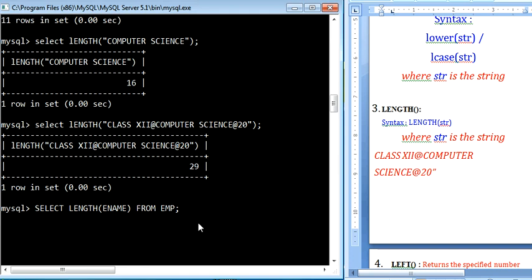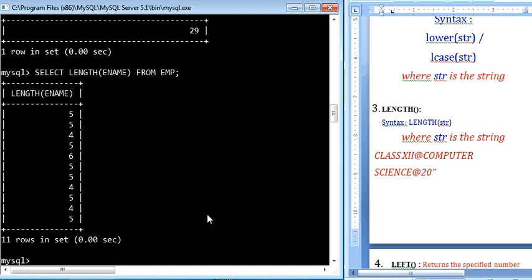This is how to write the query: select length of ename from EMP. Whatever names are there, it will calculate each name's count and display it. However many rows are there, that many outputs you will see. This is how the length function can be applied on your table.